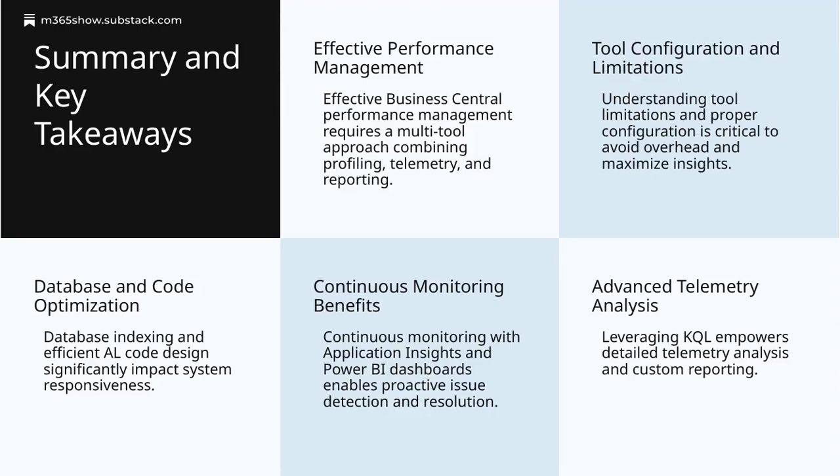Next, understanding the limitations of each tool and configuring them properly is crucial. If we don't do that, we risk introducing overhead or missing vital insights, which can actually hinder performance rather than improve it. When it comes to database and code optimization, paying attention to indexing and writing efficient AL code makes